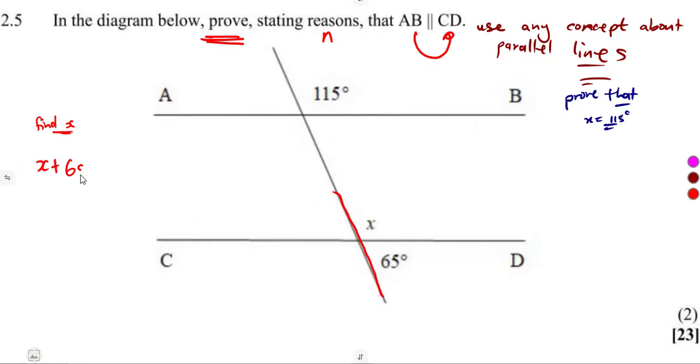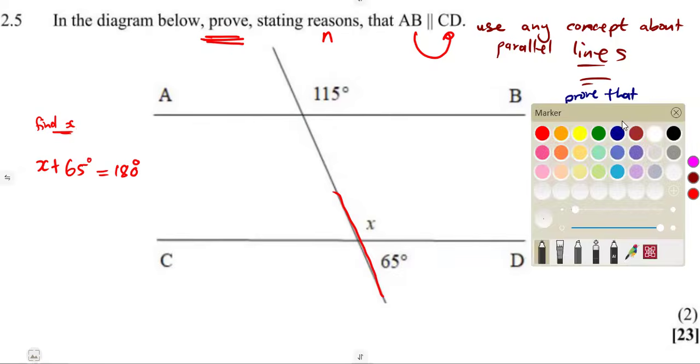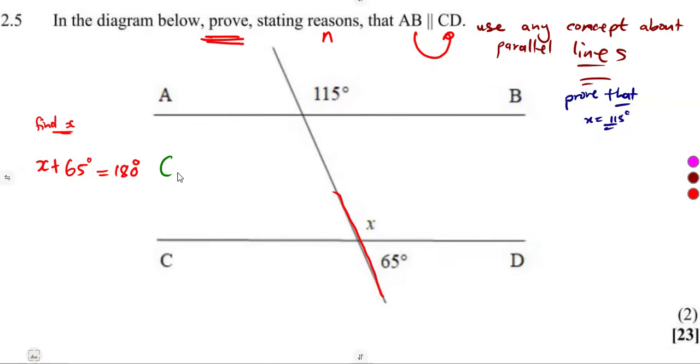So x plus 65 degrees is equal to what? 180 degrees. Angles on a straight line. All right. So from that, we can solve for x by taking the 65 to the other side, it becomes a negative. So 180 minus 65 degrees, that's x is equal to